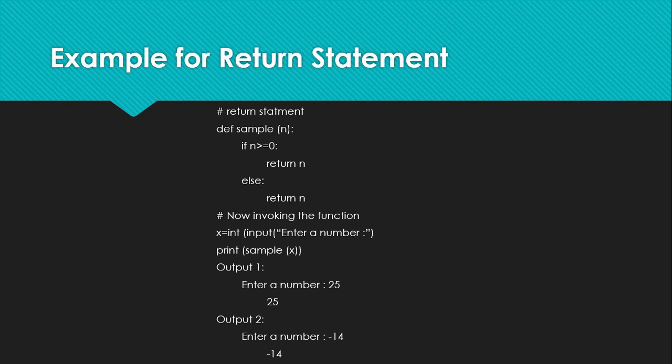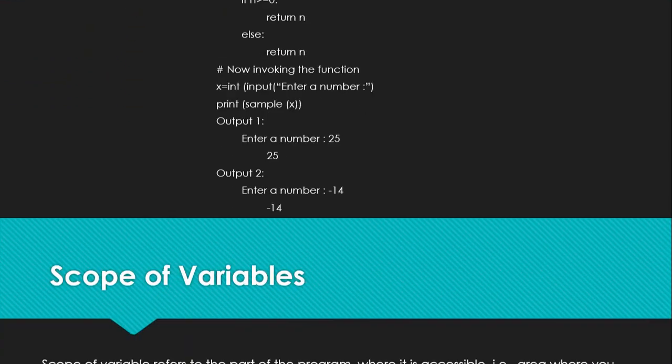Just go through it slowly. You will know that two return statements are used, but only one of them is executed, not both of them at a time. So this is a typical example of a return statement used in a function subprogram, which is returning a value back to the calling statement. But if it doesn't return any value back to the calling statement, then it prints none as the output, because it is not returning any value back to the calling statement.